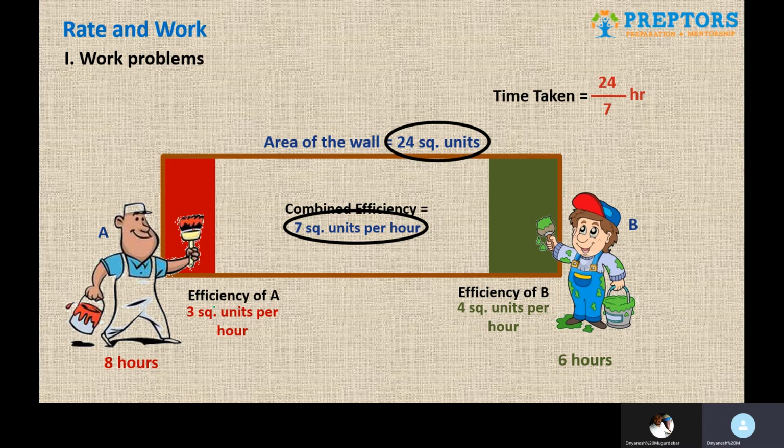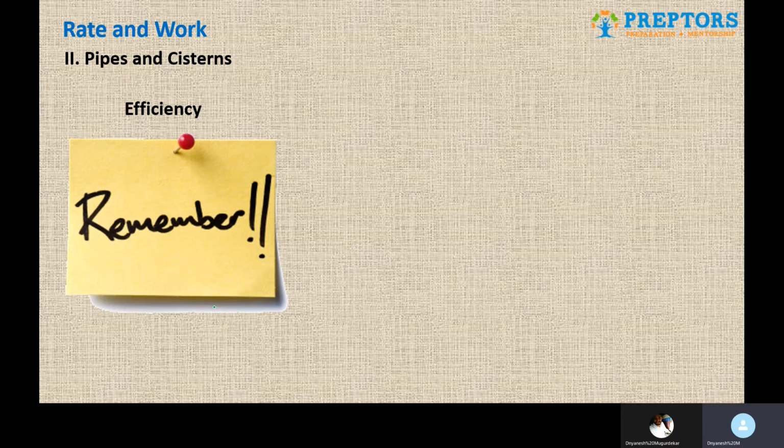Now one more unique thing that you will probably find in this topic is that the answers will most of the time be mixed fractions. So you probably will not have 24 by 7 straightforwardly. You'll have to divide and convert it to a mixed fraction, and after doing that, you get the answer as 3 3/7 hours. So the time taken by both of them to complete the job is 3 3/7 hours. And this is how we solve the maximum of the problems of rate and work using this particular LCM approach. So this was the first part of the topic, which is rate and work.